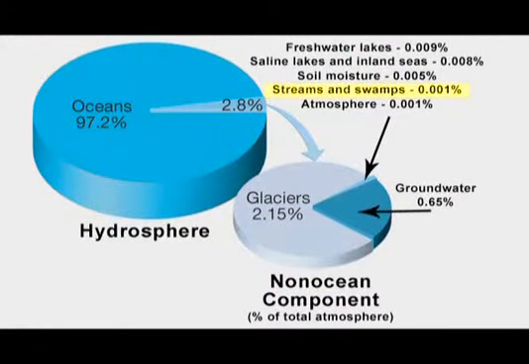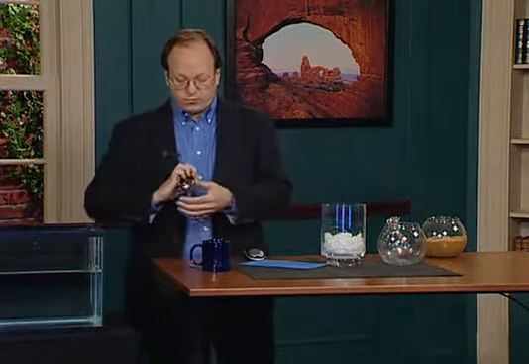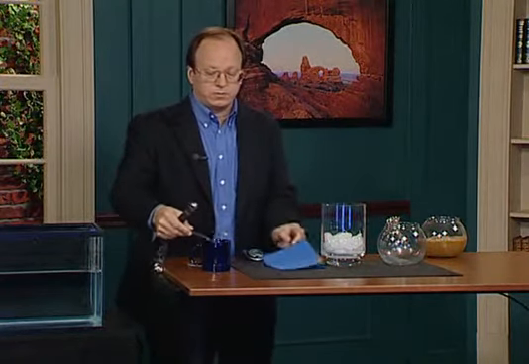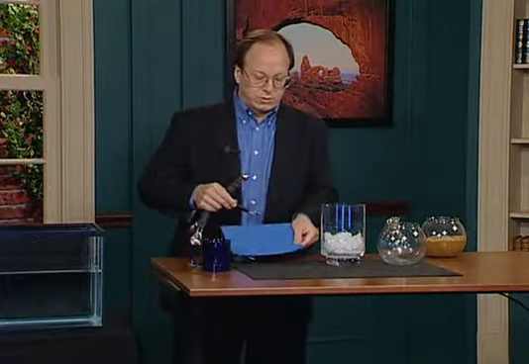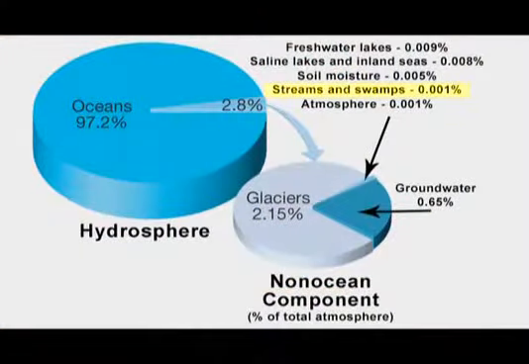It's 0.001% of the total water. And if this is our ocean, that corresponds to about 1/8 of a teaspoon of water. So it's the smallest measurement that I can make here with these spoons. It's a tiny amount trickling down across the surface of the land. That's the streams. And the atmosphere, through which all of the water has to flow before it rains down upon the land, is equal to